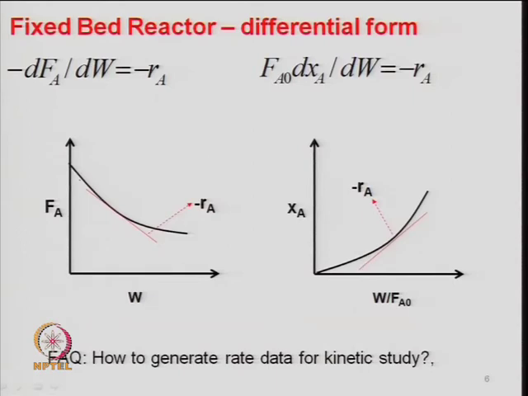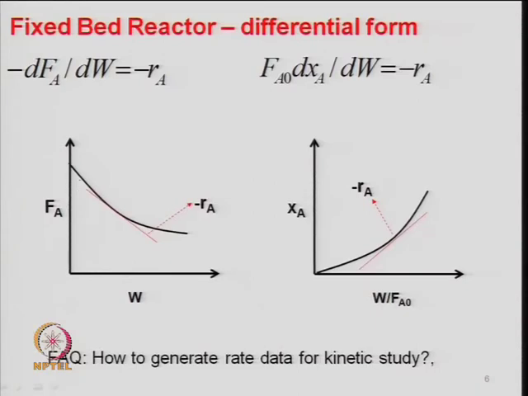So, one can use the central difference method, or forward or backward difference methods, which are given in any book of chemical engineering or any mathematical book, because you have to calculate the slope of this line. One can measure the slope at different points by drawing a tangent at a point, and one can find out the minus R A. If you plot X A versus W by F A naught, that is another way: conversion versus W by F A naught, the space time. So, that is that curve, and one can measure the slope at different points, and these are the rates.